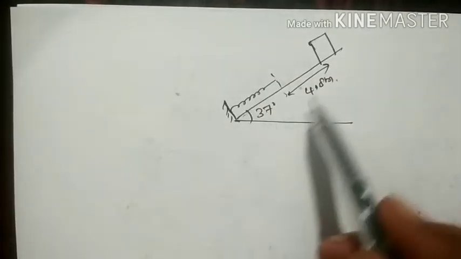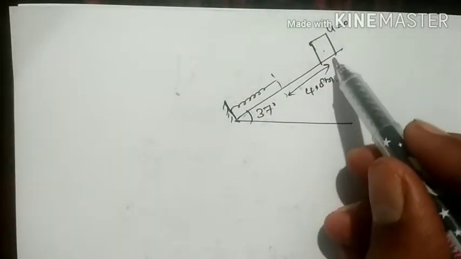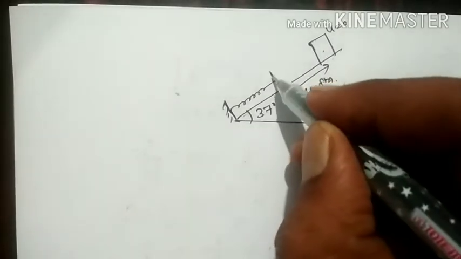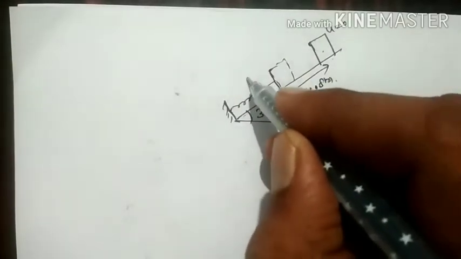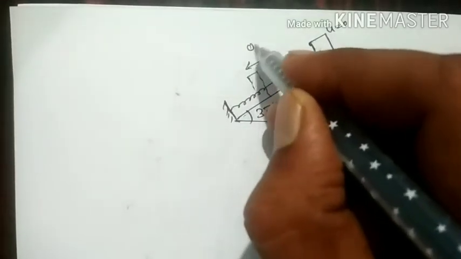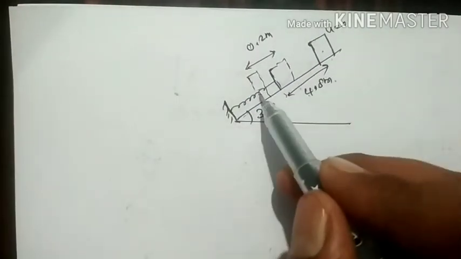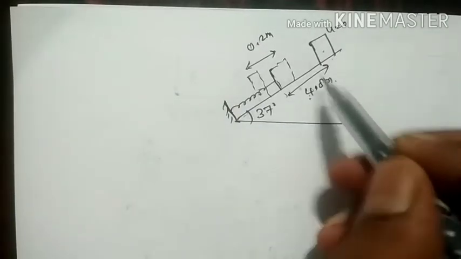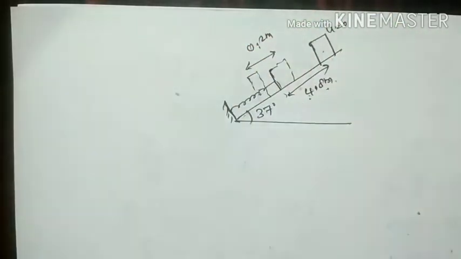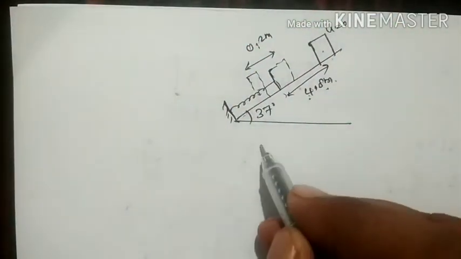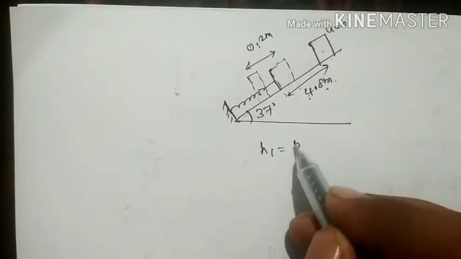So the question is given like this. The block starts from rest. It slides a distance of 4.8 meters and gets in contact with the spring, and it also compresses the spring by a distance of 0.2 meters. So what is the total fall of the block due to gravitational force? It is 4.8 plus 0.2. So that is the total downward movement of the block. That is the first point you should remember. So I will take it as h, the drop in potential energy. h is 5 meters.